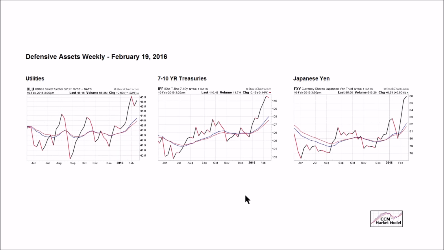How about defensive assets? How are they doing? Utilities, full-bore bullish look on Friday. Utilities XLU late in the week, 330, was up 1.32% for the week. IEF right around 330 on Friday was basically flat for the week. And FXY, the Japanese yen, was up 0.60 for the week. Full bore bullish look, full bore bullish